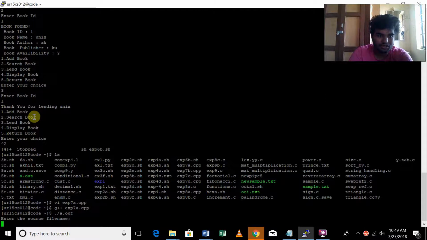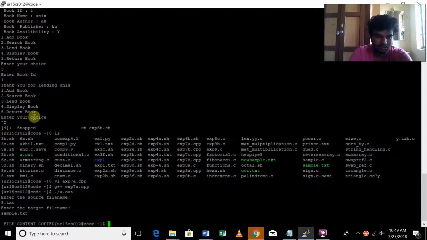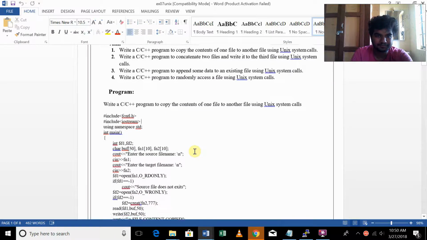Source file, let me give the source file as 5.txt. The target file is sample.txt. The file contents have been copied, as you can see, and my next program is